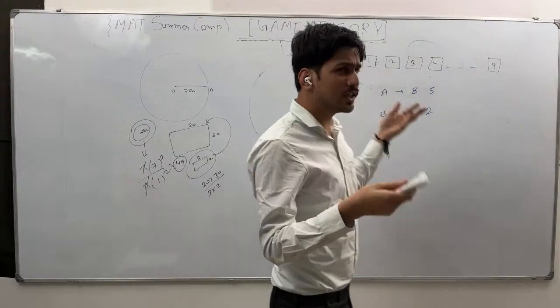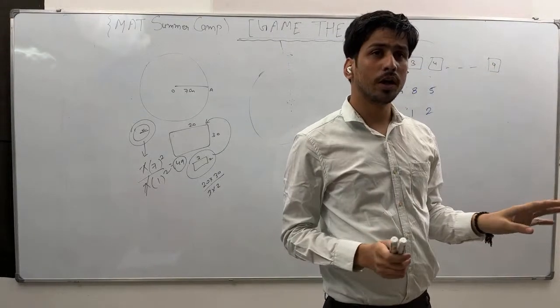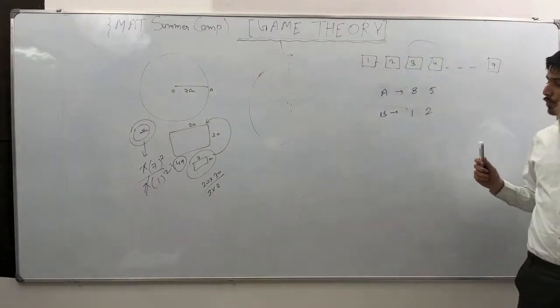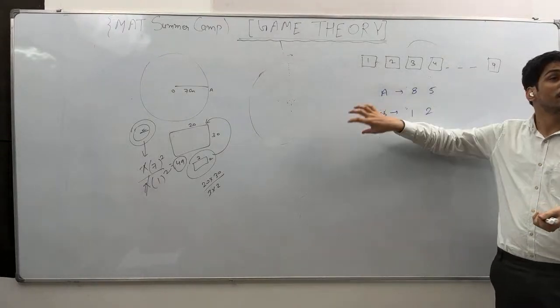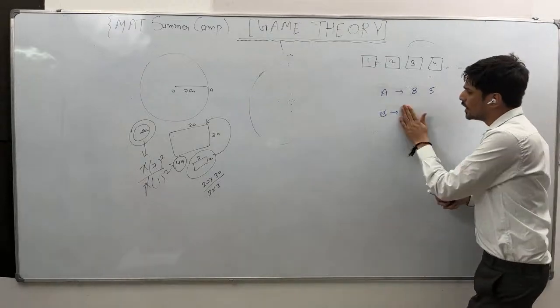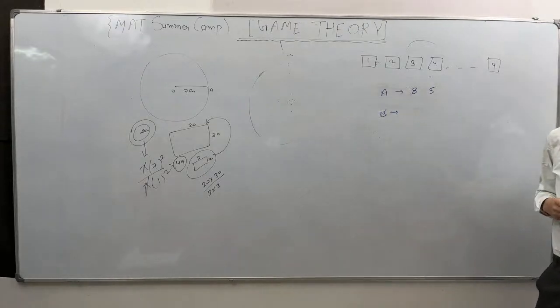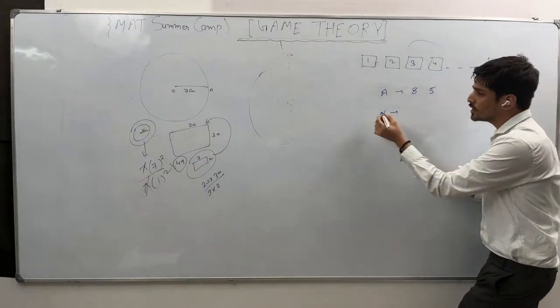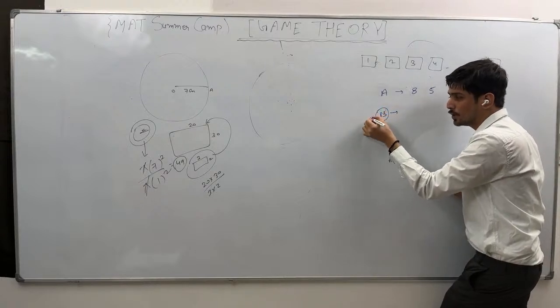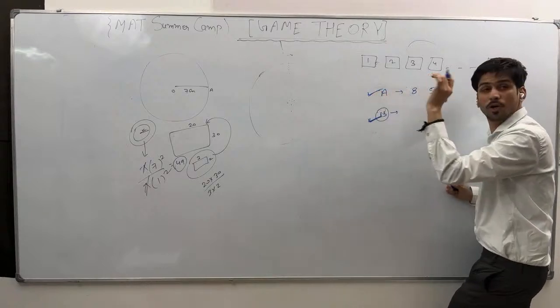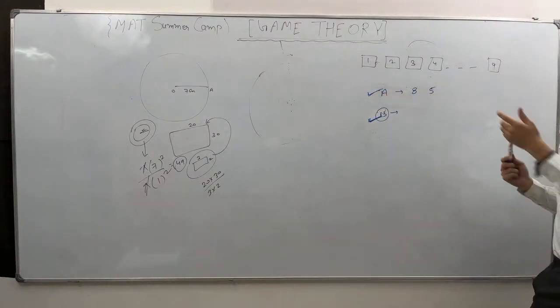A can't win, so we can say definitely this game will be a draw. A can't win, so B also can't. No, B doesn't want to win. B will stop A. From here we can say, yes. No, B can't. You see, the thing is here, if B is playing second, B will be able to stop A. If A is playing first, A won't be able to win.